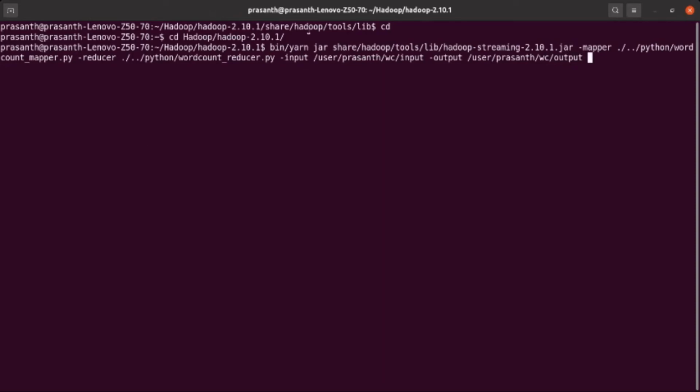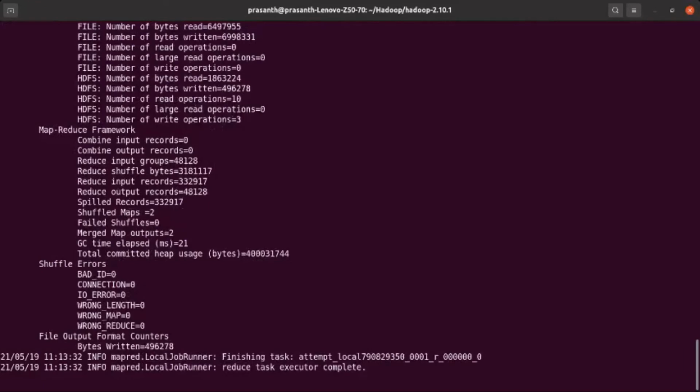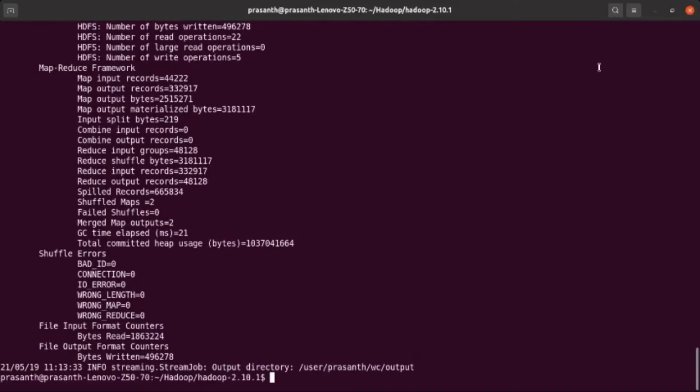So we have given all the instructions to execute the word count mapper and reducer Python code: first bin/yarn, then the streaming jar file, then the mapper, the reducer, the input folder, and where to store the output. Everything is ready, so I hit enter. Then you can observe the execution. Yes, it started executing. Execution finished.